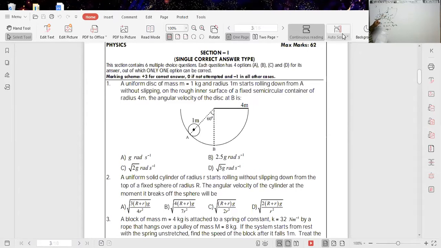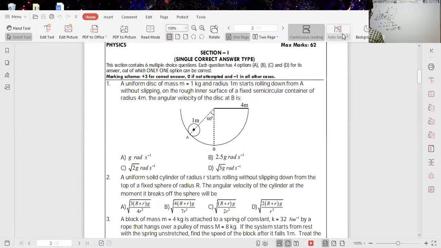But when it reaches the point here, it gains the rolling energy. Here they ask the angular velocity, not the velocity of the center of mass. That's why you write the rolling energy in terms of angular velocity. What is the formula for rolling energy? Half I omega square, where I is the moment of inertia about the center of mass and omega is the angular velocity about the center of mass, into 1 plus r square by k square. Of course, here the radius of the disk is smaller, so you have to write small r, not capital R.